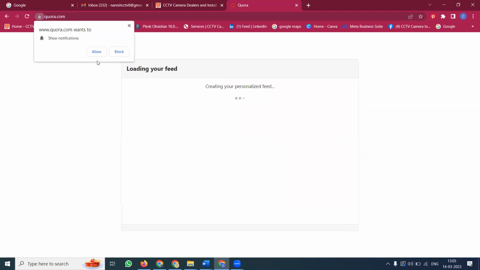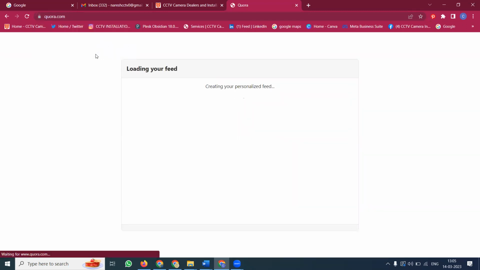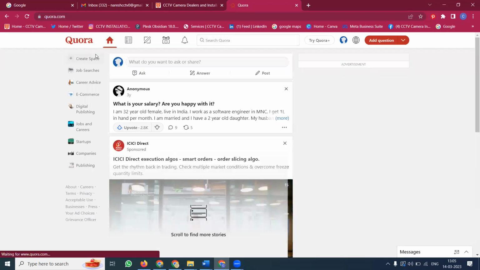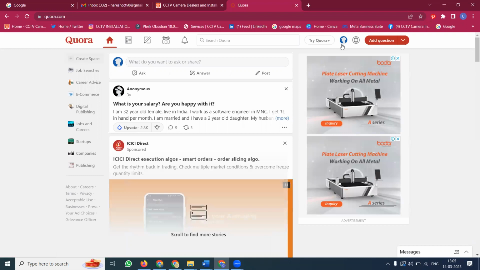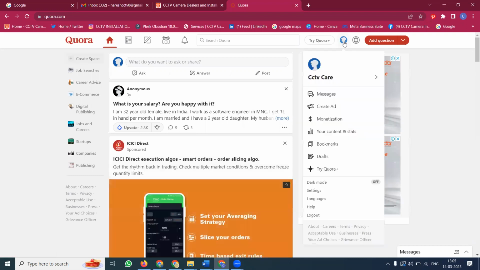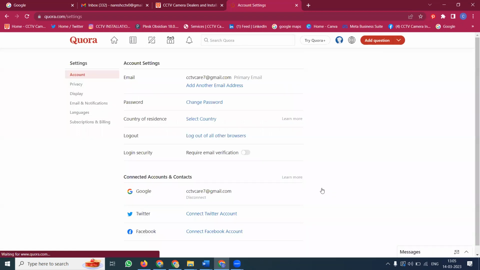I'm just writing, and selecting a few more categories, for the notification option. This is the Quora front-end scheme. It is completely new. First of all, an account has to be created. The first option is your settings. Whichever profile you create, first you have to update your settings. If the settings are not properly done, nothing will work out.